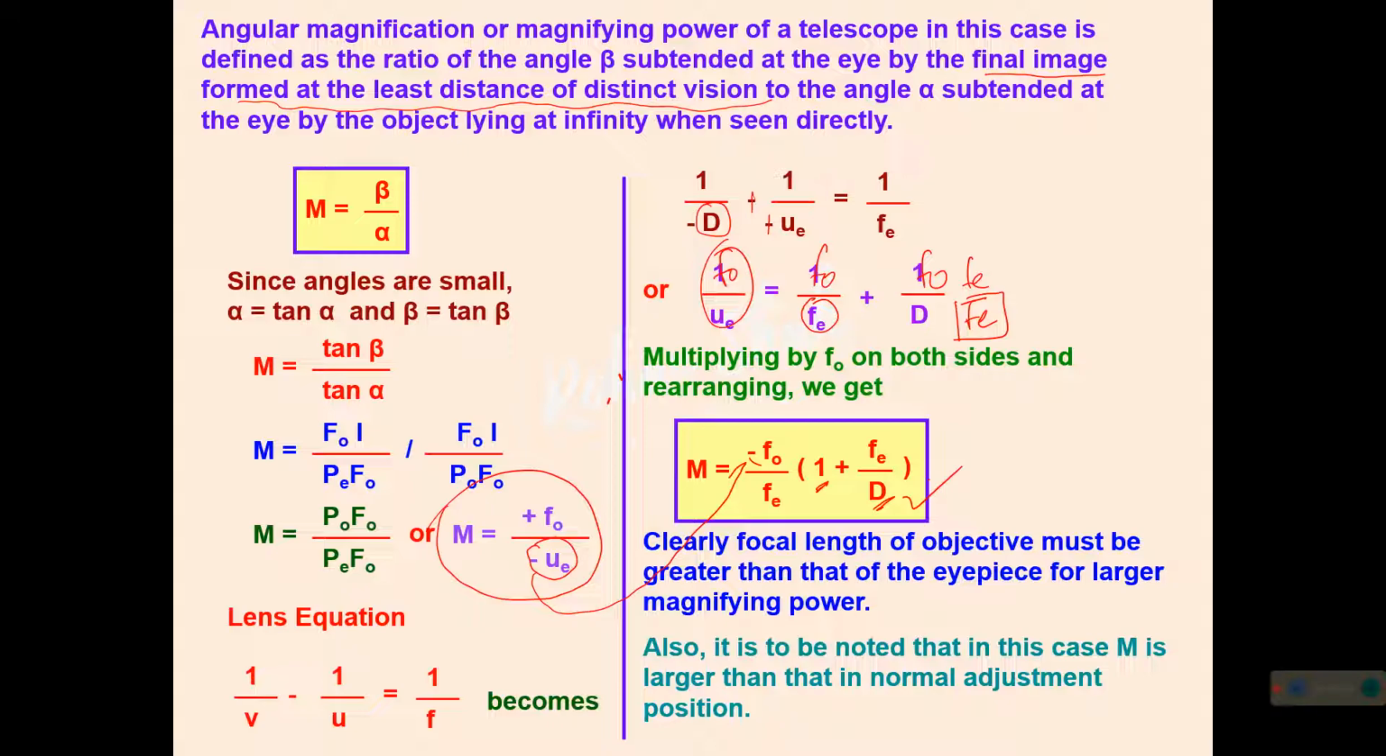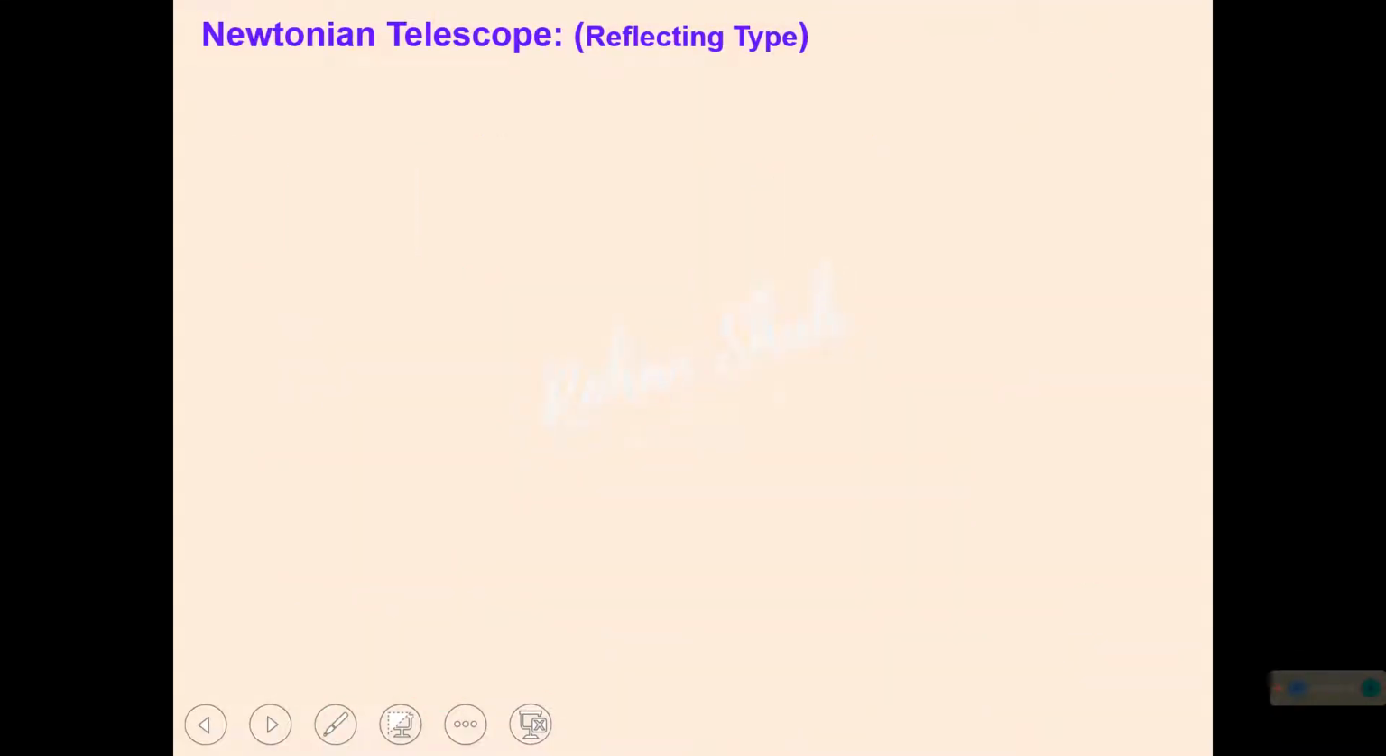Also, it is to be noted that in this case, the M is larger than that of the normal adjustment position. तो कौन से केस में आपको मैग्निफिकेशन ज्यादा मिलता है, किसके कंपैरिजन में, नॉर्मल के कंपैरिजन में. ओके नाउ नेक्स्ट द न्यूटोनियन टेलीस्कोप, रिफ्लेक्टिंग टाइप टेलीस्कोप भी इसको